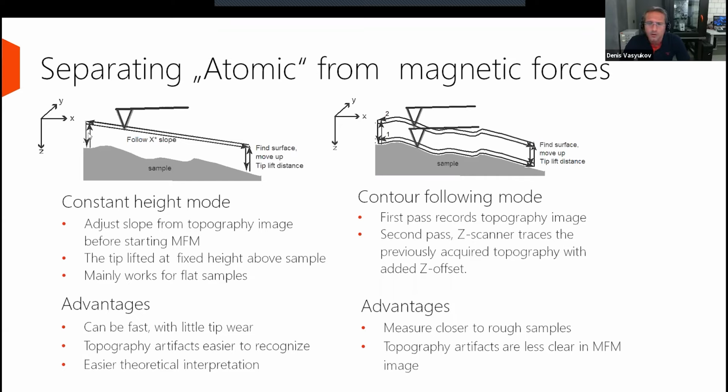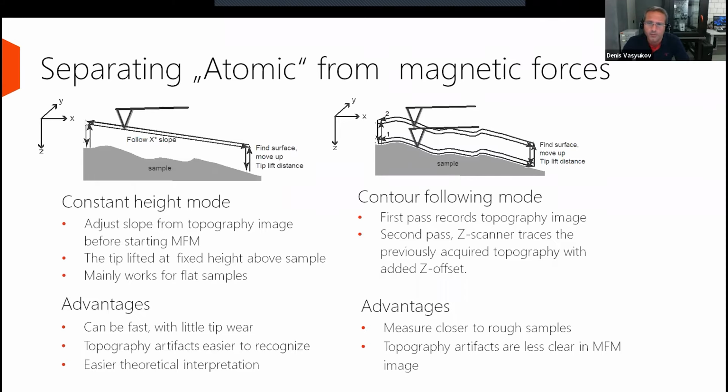One is so-called constant height mode imaging. Essentially, what the system does, it finds the surface at the beginning of the scan line, by lowering the tip down to the surface until it sees, okay, we have reached the set point. Then we lift the cantilever a certain height above the surface, and the tip will follow the slope that you have to find before you start doing MFM imaging. So first you find the slope, then you start this constant height mode. And at the end of the scan line, it will again find the surface and then lift up again